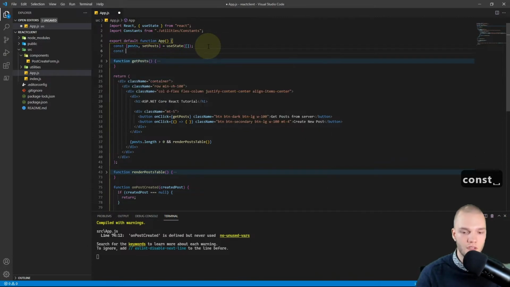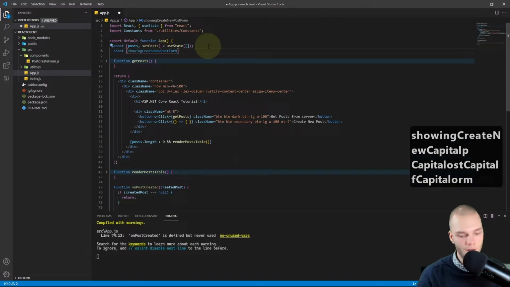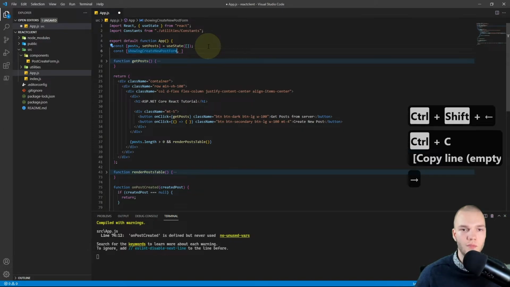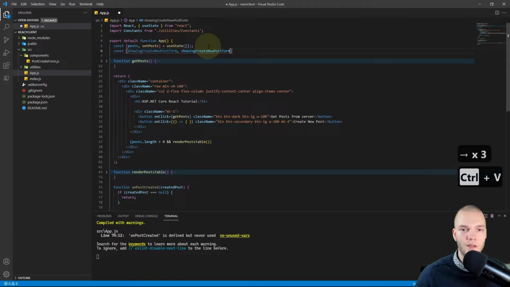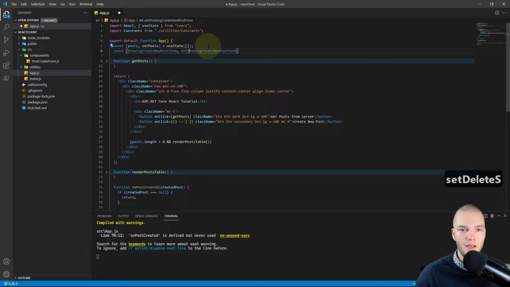So do const brackets showingCreateNewPostForm. And we'll also add a set for that. So copy this variable name, paste it, and just add set and properly camel case it.